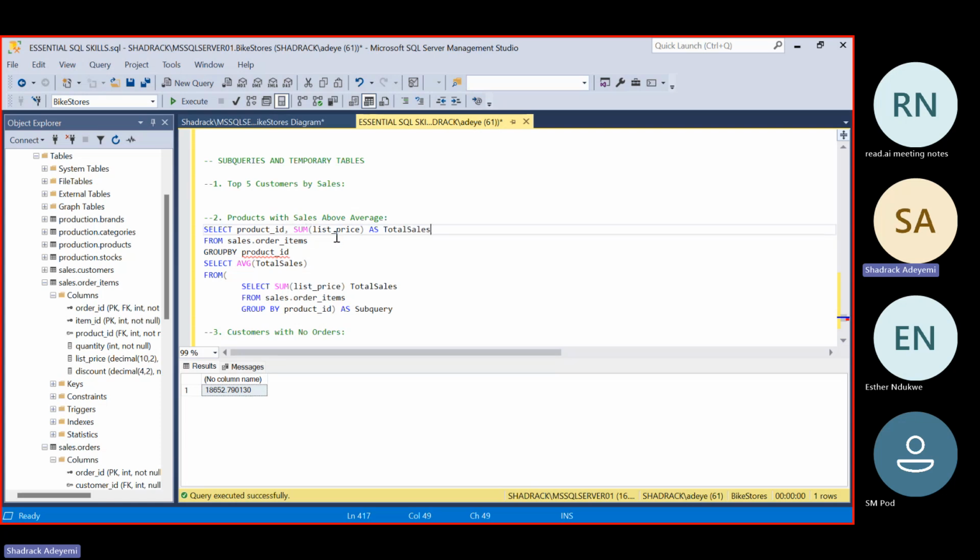So the sum of the list price as total sales. So I'm going to be grouping it by the product ID, and I am going to be specifying a condition that says having.